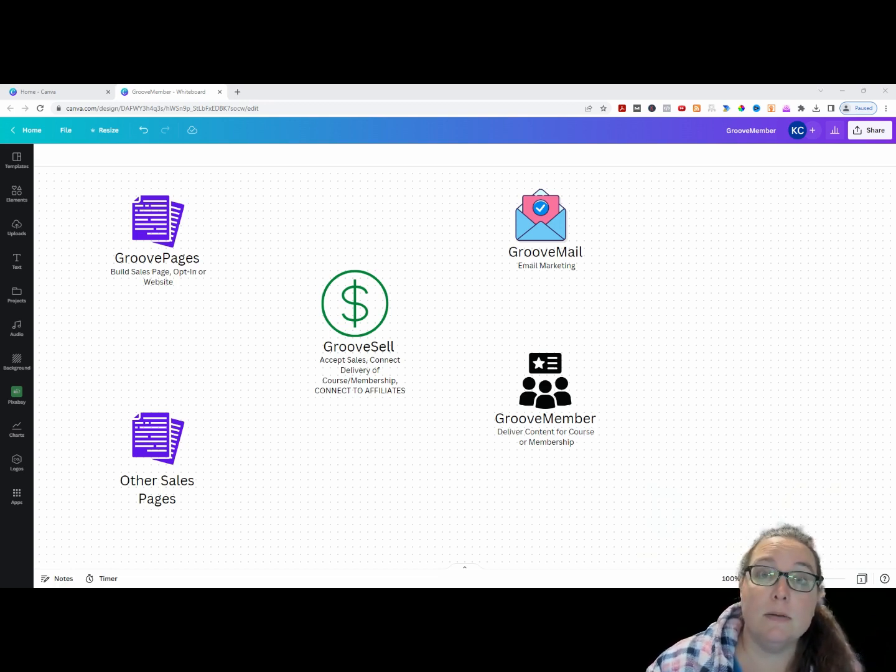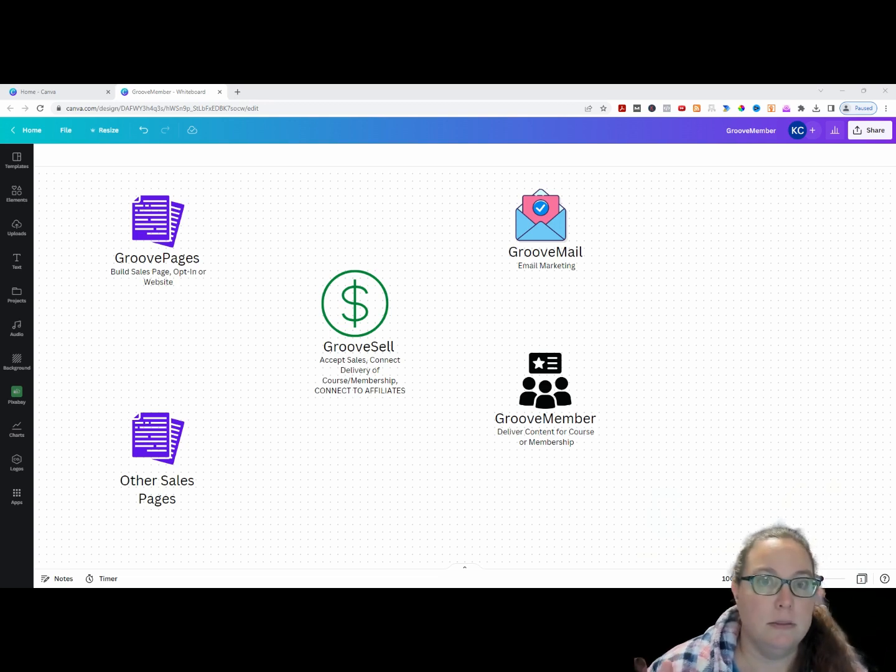as GrooveMember, I hopped in and was using it. I have an old video on this, and it's changed a lot since then. It has come really far. So I wanted to show you, if you're looking for a good free software to get started with, Groove is perfect for you. And we're going to be looking specifically at GrooveMember,